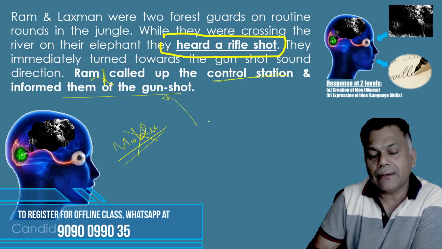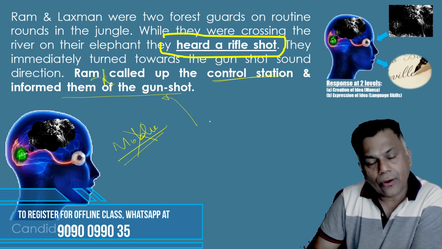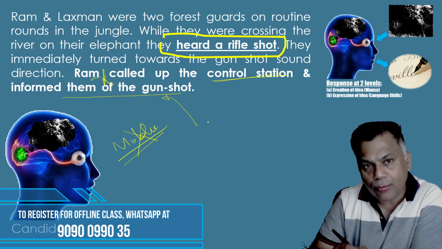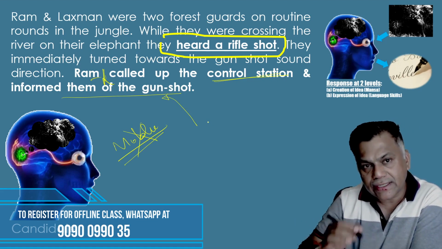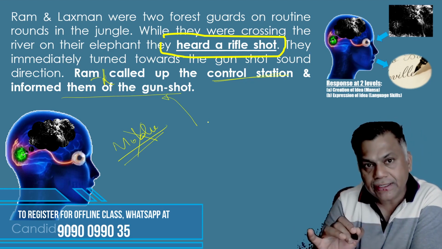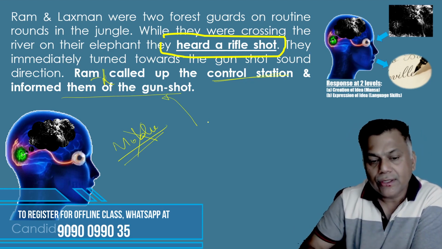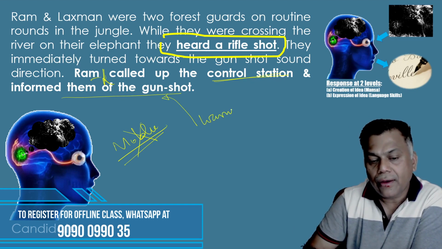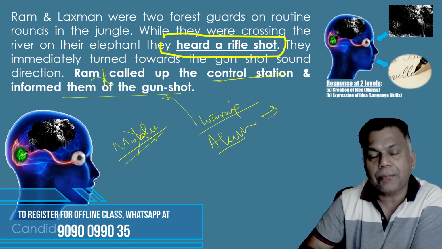This is precautionary और अलर्ट करने का इन्फॉर्मेशन है कि सर हम लोग नदी के पास हैं और दक्षिण दिशा से गोली की आवाज़ सुनाई दी है. उन्होंने पूछा होगा कंट्रोल ने, कुछ पता चला? सर कुछ पता नहीं चला, जैसे ही पता चलेगा हम बताएंगे. So this was a warning and alert to them that sir, this has happened, आप अपने टीम को